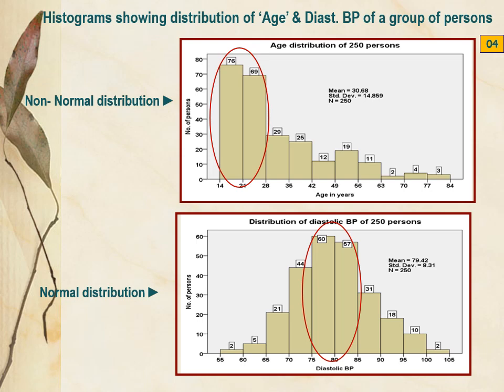Most of the variables we deal with follow this pattern. If you take height, and the average height of a male is say 5.7 feet, then you will find most adult males within 5-10 centimeters of it, and as you move away from the central value, the frequency goes down. Very few will be less than 150 centimeters, and very few will be more than 180 or 190 centimeters. If the distribution pattern is of this type, it is known as normal distribution, but it should satisfy certain conditions. Only then do we call it a normal distribution.